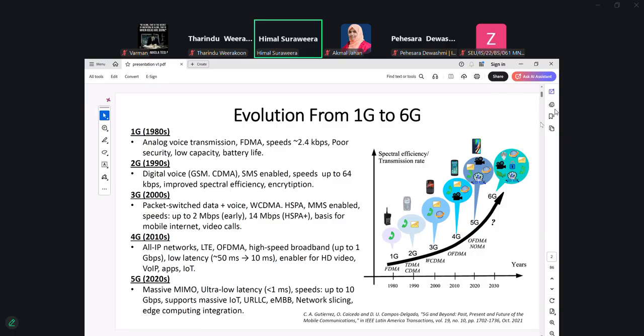Since the topic is about wireless communications and how machine learning is helpful to design wireless systems, first of all, I would like to discuss a little bit on wireless evolution. There are different types of wireless systems. For example, I think you all have heard about cellular systems, Wi-Fi systems, sensor systems, as well as satellite-based communication systems, and so on. Among these systems, cellular systems are popular. And if you know about the evolution, they have evolved from 1G to 2G to 3G to 4G to 5G wireless systems at the moment.